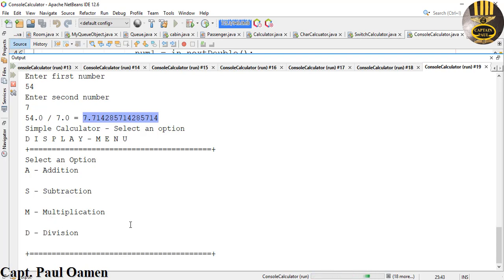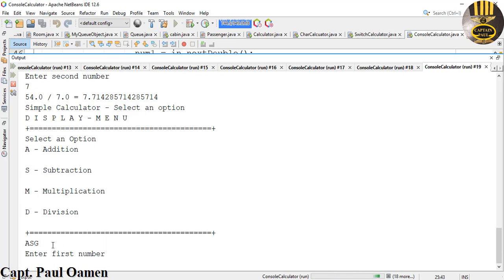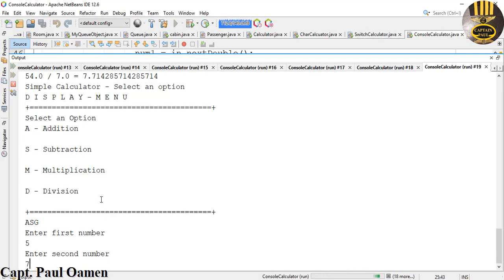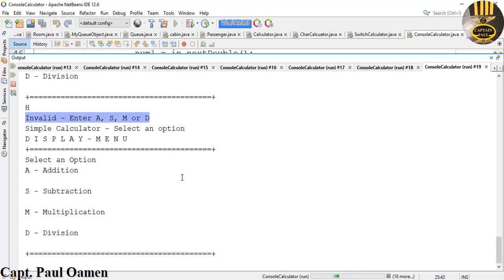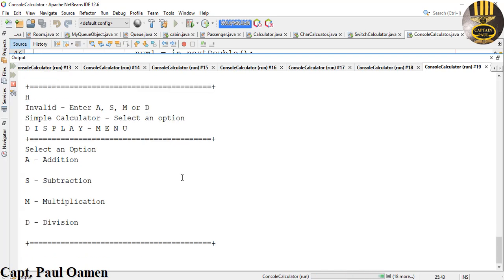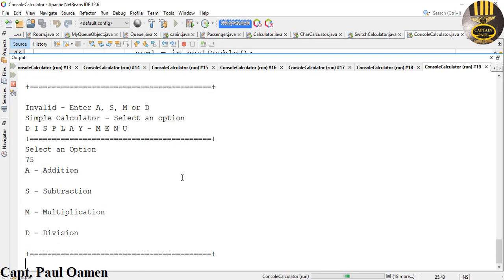Let's assume you enter an invalid menu in there. There we go. Okay, and enter 5 by 7. Now let's enter invalid menu. The system is telling us that is invalid. Okay, now let's enter whatever we want. 70, that is invalid as well. So let's enter a valid menu, multiplication